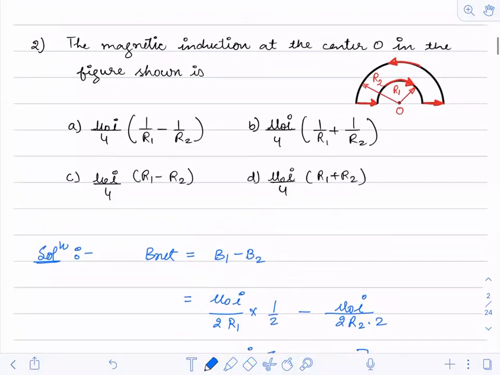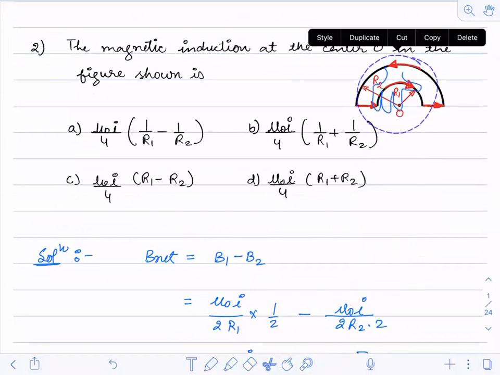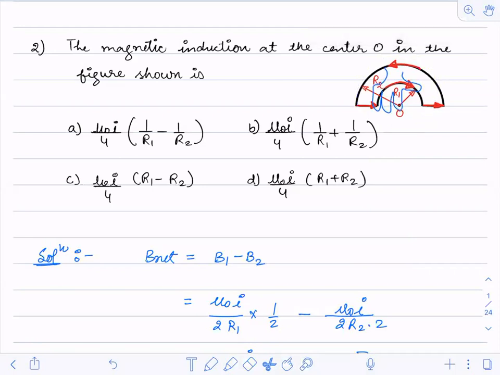You can see the magnetic field due to the first wire, if you use the right hand thumb rule also. At this point, you will just apply the right hand palm rule. This is how you will apply it: you place your thumb along the direction of current and fingers in the direction of the point, and draw perpendicular.